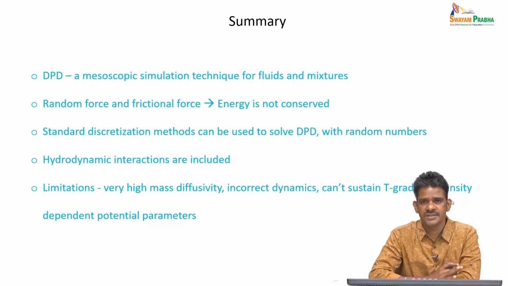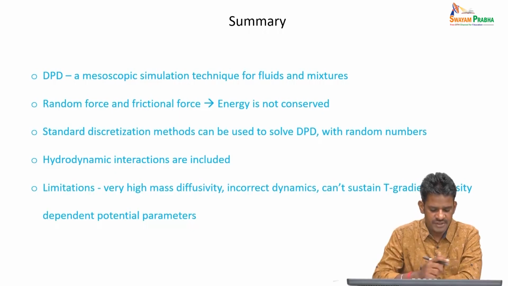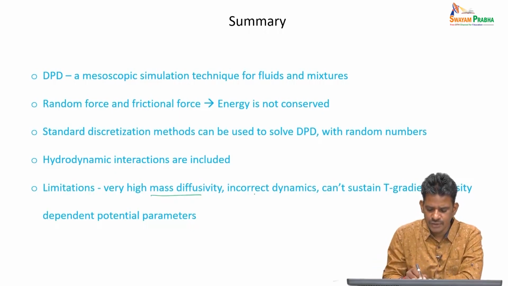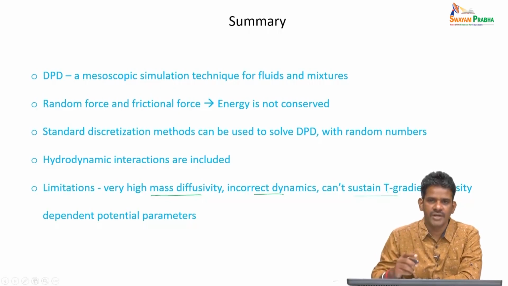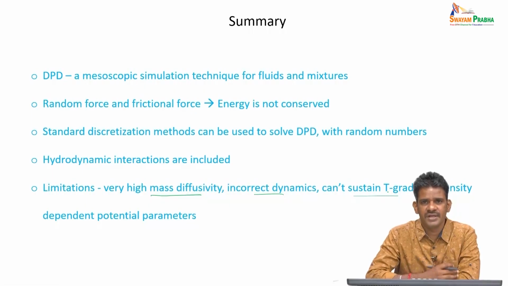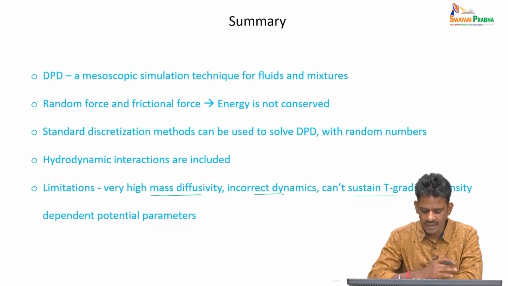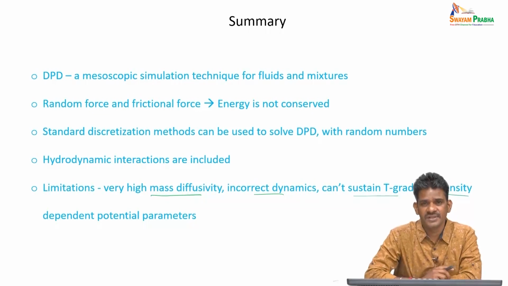And we have to recognize that DPD also has certain limitations. These limitations are a very high mass diffusivity, leading to some incorrect dynamics. And there are other issues: because it's a constant temperature simulation, it's dissipating energy and then maintaining the temperature constant. So, if you want to do a non-equilibrium simulation with an imposed temperature gradient, that will not work. And similarly, we also saw that the potential parameter that we choose by mapping the experimental isothermal compressibility led to a density dependent potential parameter. So, that means every time we change the system's density, we have to refix our potential parameter, which is something